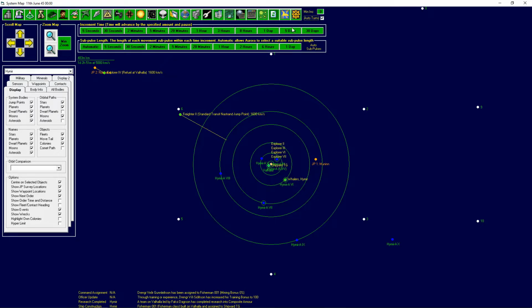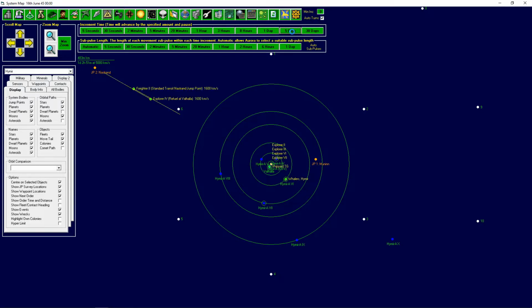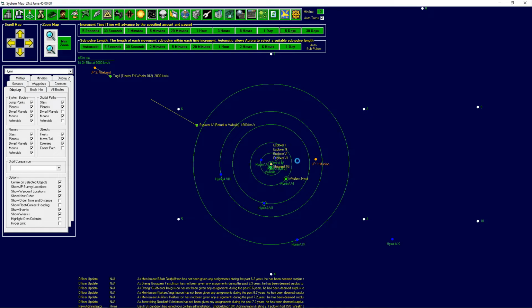Right, and we can actually go for automated turns now, I think. Seems to be working fine. The bad thing is that we got 4 of our explorers over here right now. Oh, speaking of which...